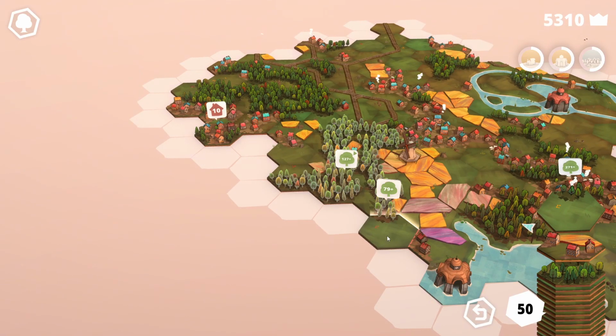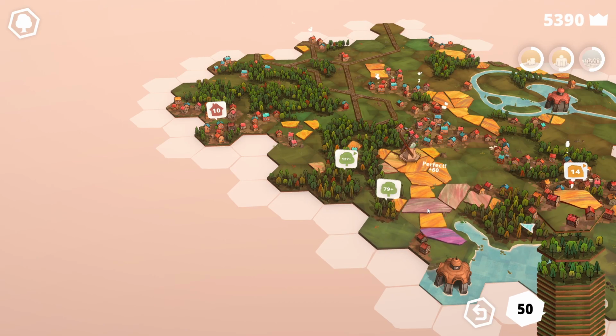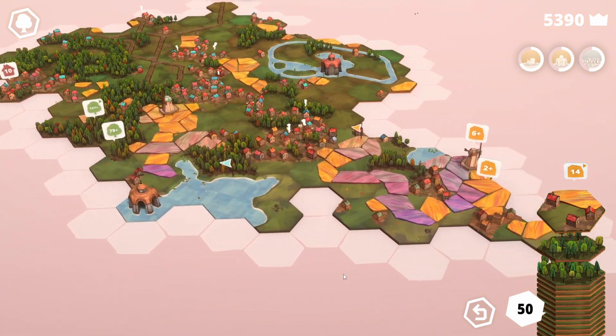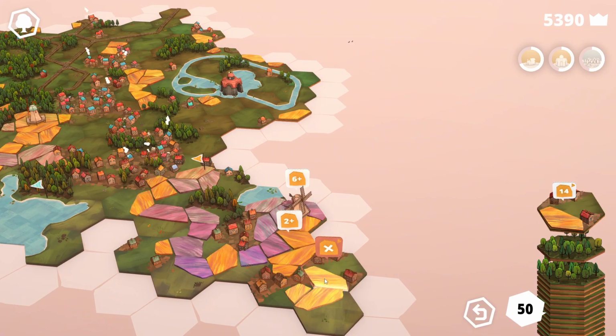Okay, here's another request for forest. Let's pop this on here at the edge. Oh, that became a perfect tile. Very nice. I didn't do that intentionally, obviously. All right, what do we got? We got some buildings and...